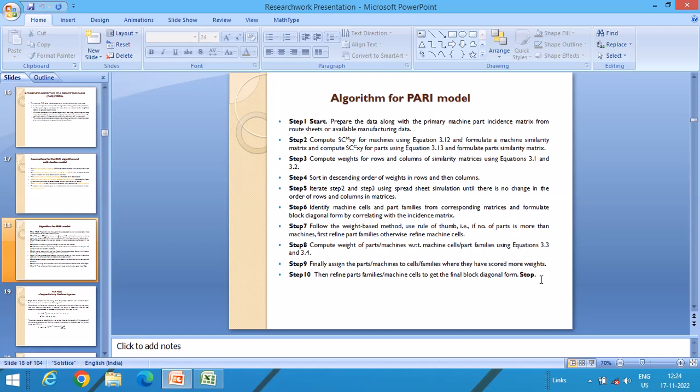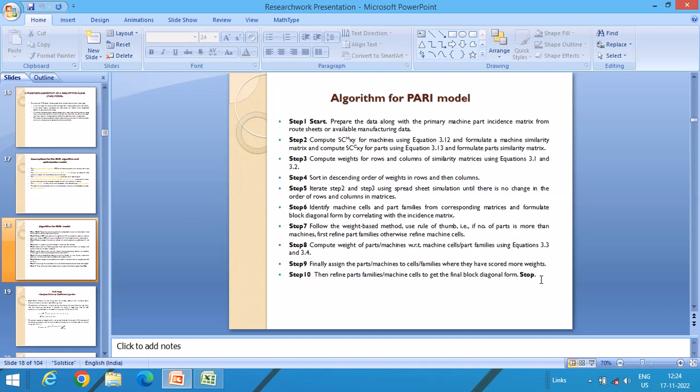In step 5, we iterate steps 2 and 3 again and again in the spreadsheet simulation until there is no change in the order of rows as well as columns in the matrices. Now in step 6, we identify the machine cells as well as part families. In step 7, by doing the weight-based method, we once again refine the part families as well as machine cells, first the number of parts and then machines,